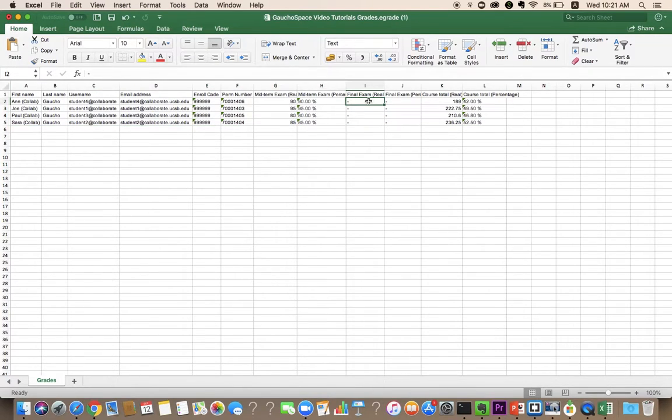Actually, let's put some scores for the final exam, which is also out of 100 points, and I'm just going to reward them 95, 90, 85, and 80. I'm not going to change anything here in the percentage column, because that's not something that I want to make a change to. So if I wanted to import this file back and update the scores into Gauchospace, I will